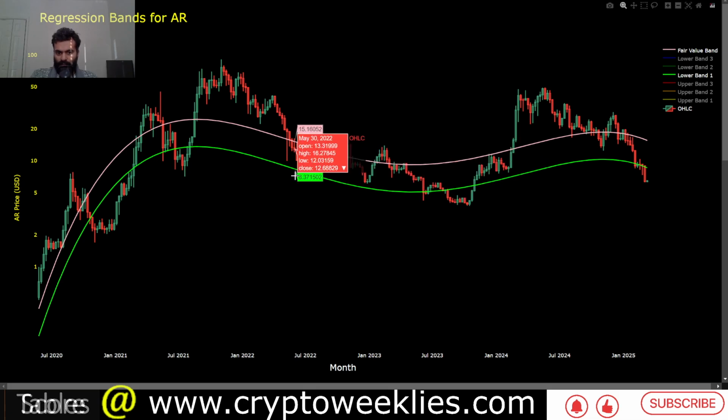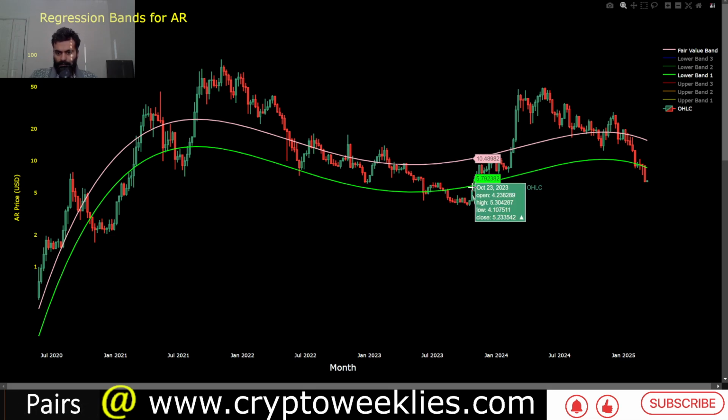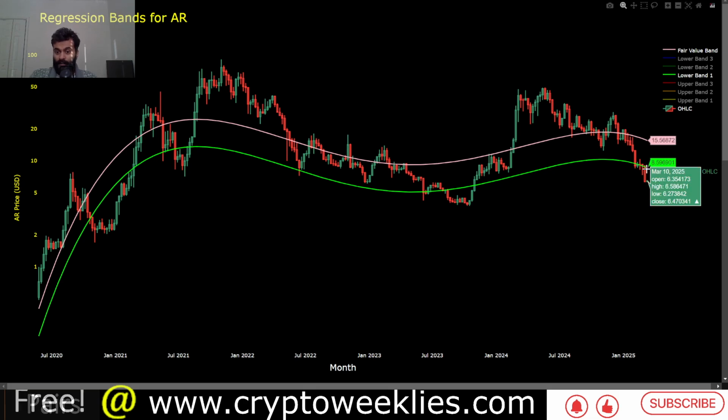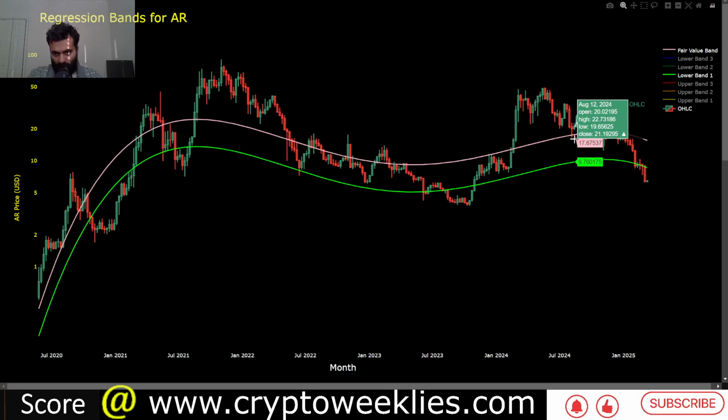sub $5, that this market presented 3 chances, first in June-July of 2022, then the later half in June of 2023 till about October of 2023, and now potentially since about February 2025 till about now, March 10th of 2025. The 1 standard deviation residual applied to the fair value comes at around $8.50. So accumulating below this value, per this model, if the hypothesis being that there is one more rally for Arweave